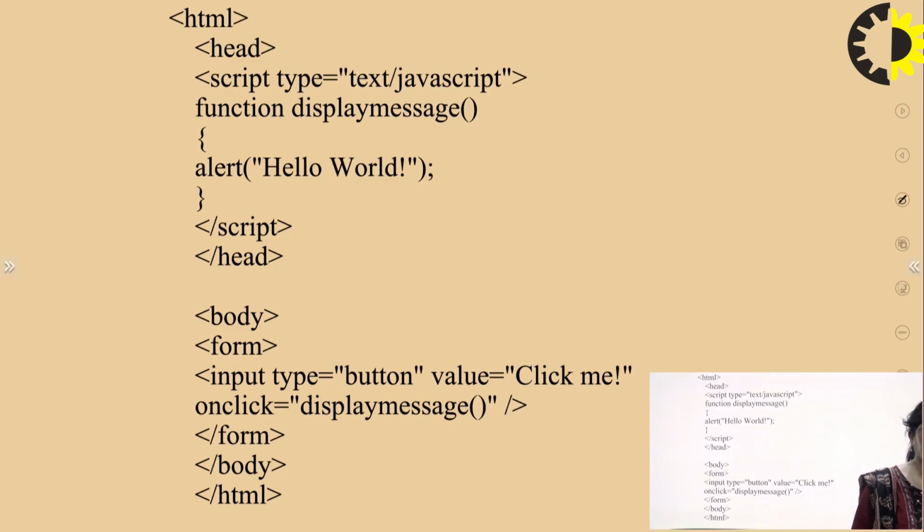So here I write the code. Firstly I make a script type that is JavaScript type, and I create a user-defined function named displayMessage, and I print the message with the help of the alert method. In the script tag we write all the code of the function, and I want to display the message hello world.